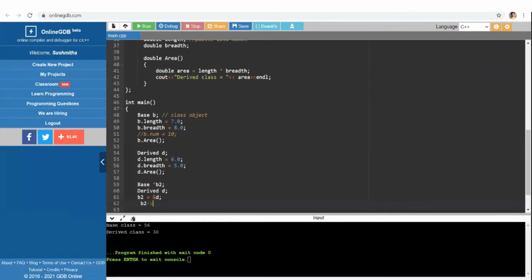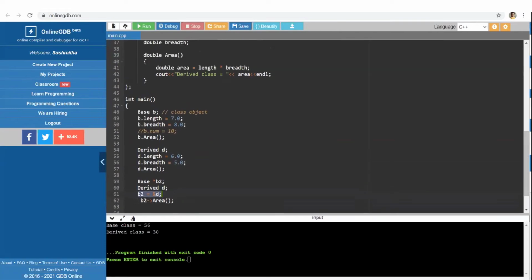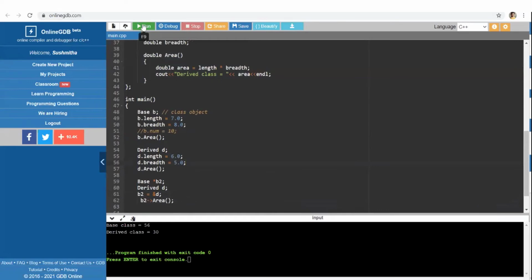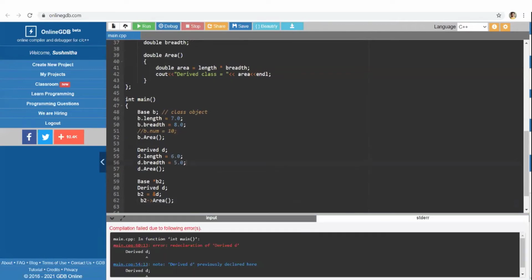Our expectation would be, since we have pointed the base class pointer to the derived class object, that it would calculate the derived class member function. We'll execute and see what it does, right?